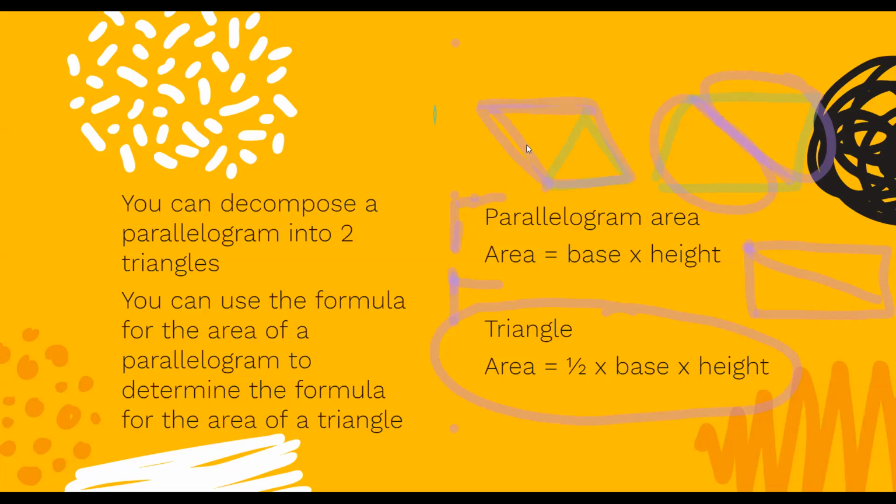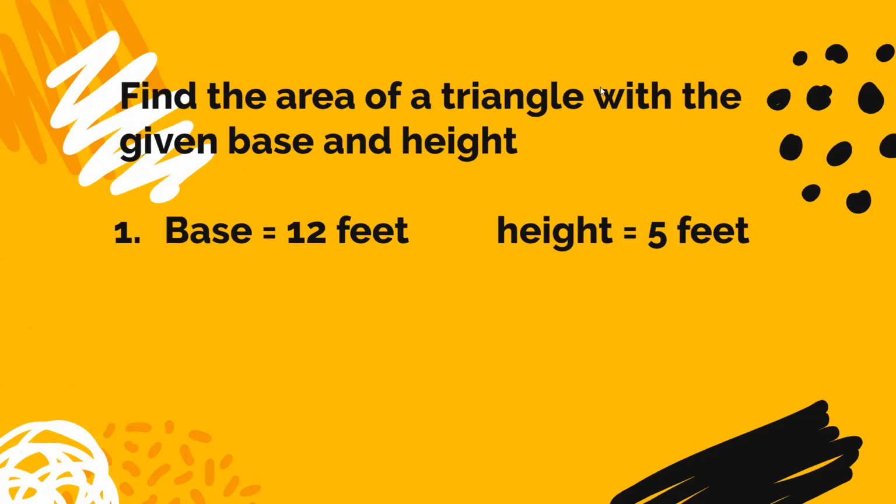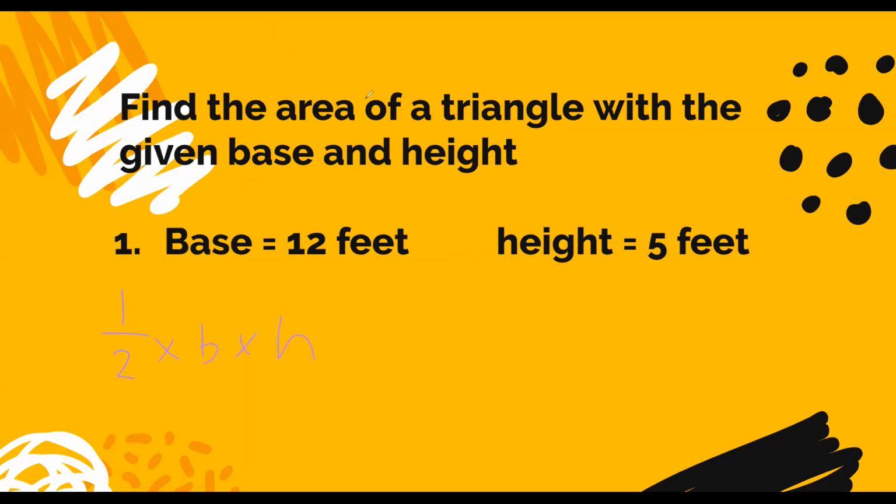So looking at our first example, it says find the area of a triangle with the given base and height. Remember, my formula was 1/2 times base times height. So I'm going to do 1/2. My base is 12, and then my height is 5. Remember, with multiplication, it doesn't matter in what order you multiply. You can do 12 times 5 first and then multiply that by 1/2, or you can do 1/2 times 12